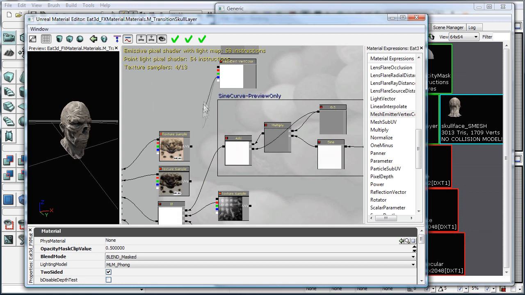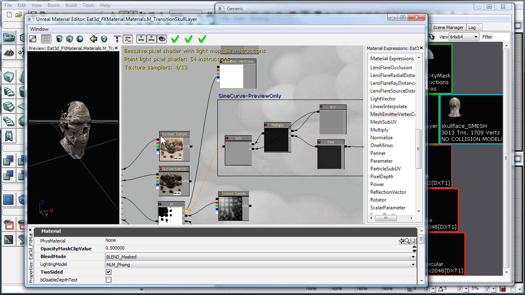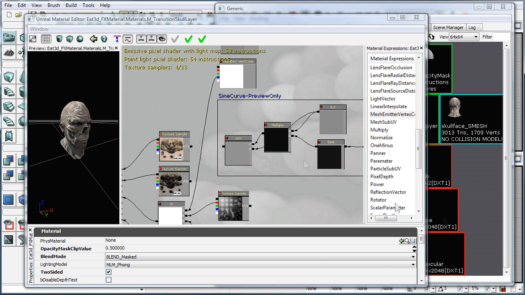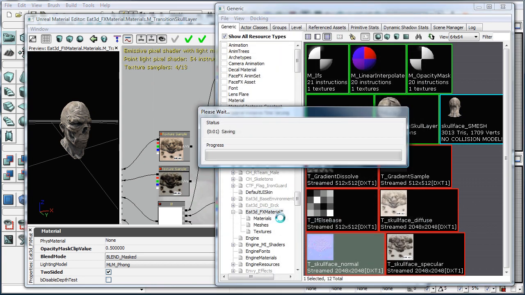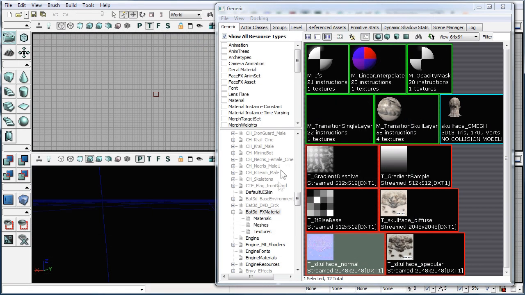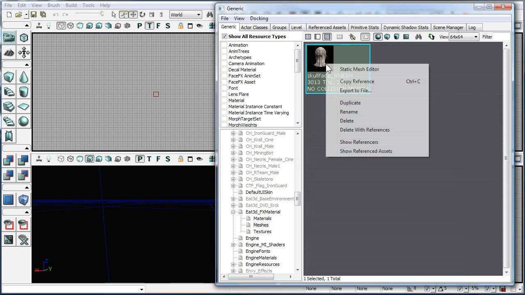Before we finish, let's plug the mesh emit vertex color back into the if, and click the green checkbox again and save the package. Okay, and now before we go into Cascade with that, we're going to create a new mesh. We're going to duplicate this mesh,